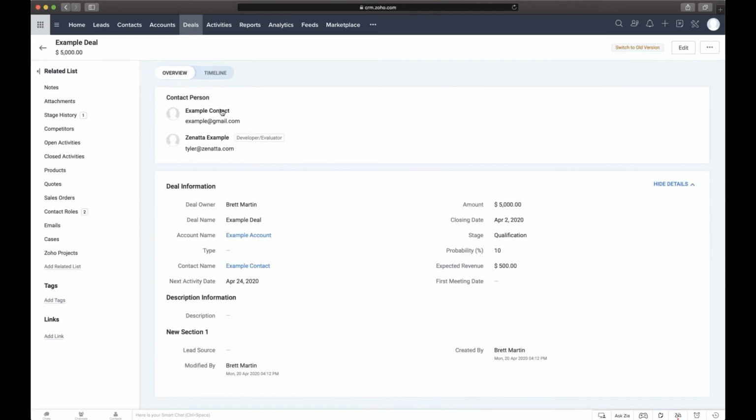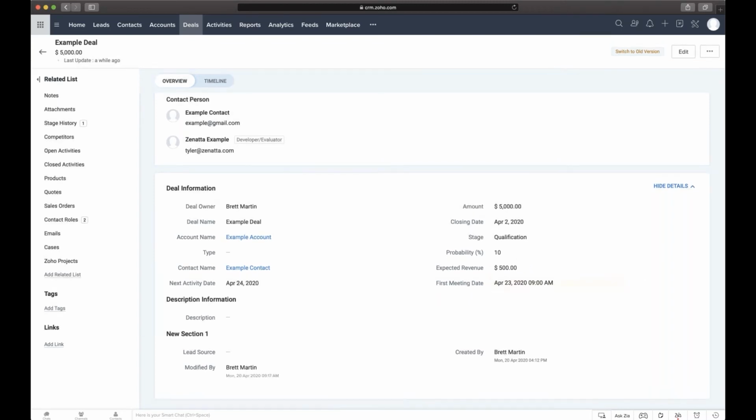So again, we have a deal here with two different people in that contact roles list. And we have a field in here for the first meeting date. So I'll go ahead and fill in a first meeting date here. Let's say it's going to be on the 23rd at 9 a.m. So once I save that and give my screen a refresh here,